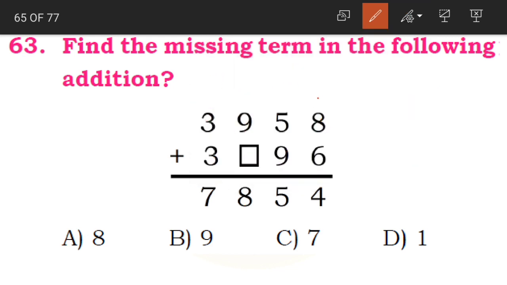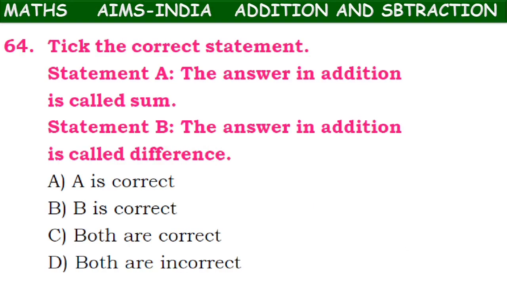Now why did we start adding? Why did we add these two as well? See, after adding this we came to know that we are having 1 here. So this became 10 plus 8, that is equal to 18. Now if we did not add and took 9 as it is, 9 plus 9 becomes 18. So then we would have given option B, 9 as the correct answer. But what is the correct answer? Option A, 8. So that is why we need to add from the ones place to see whether there are any numbers that are carried forward.